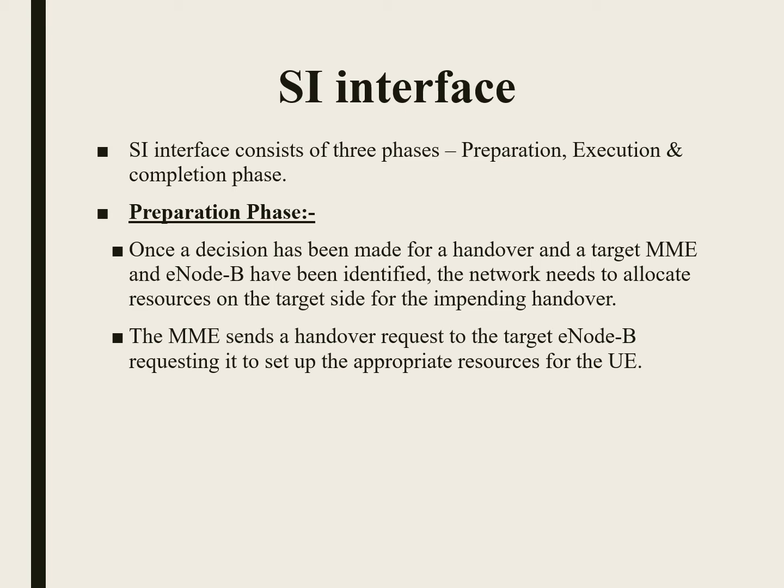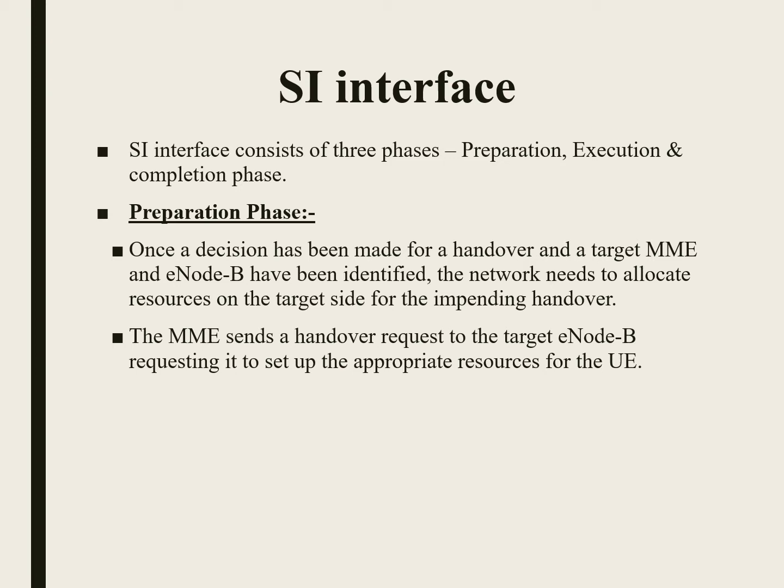These are the preparation phase steps that have to be carried out between the two ends, once the decision has been made for handover of the entire communication channel. Then the target mobility management entity, MME, and eNode get identified by the network, and the network now needs to allocate the resources on the target side of the impending handover. The MME sends the handover request to the target eNode B, requesting it to set up appropriate resources